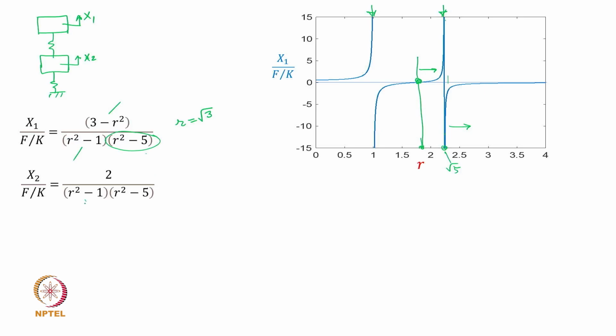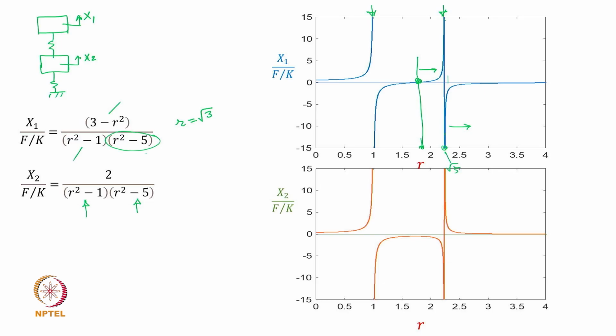So here also there are two resonances, and we expect for a multi degree of freedom system all the masses will have the same resonance frequency. So the resonance frequency does not apply to individual masses, it applies to the entire system. That is important. So if I plot this variation, it looks like this. So here again you have resonance here and resonance there based on r equal to 1 and r equal to square root of 5,